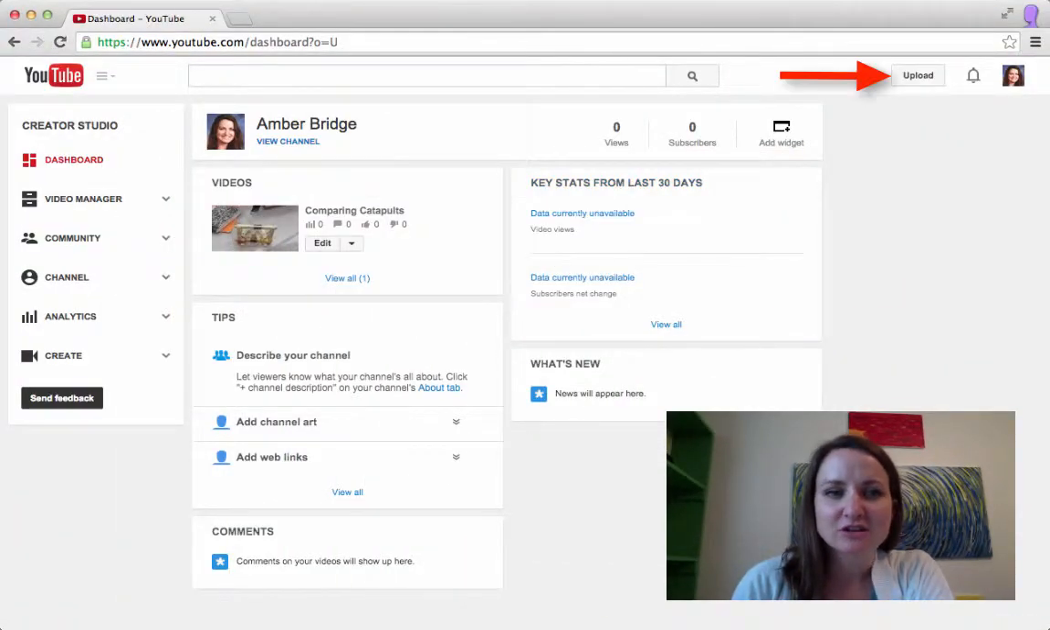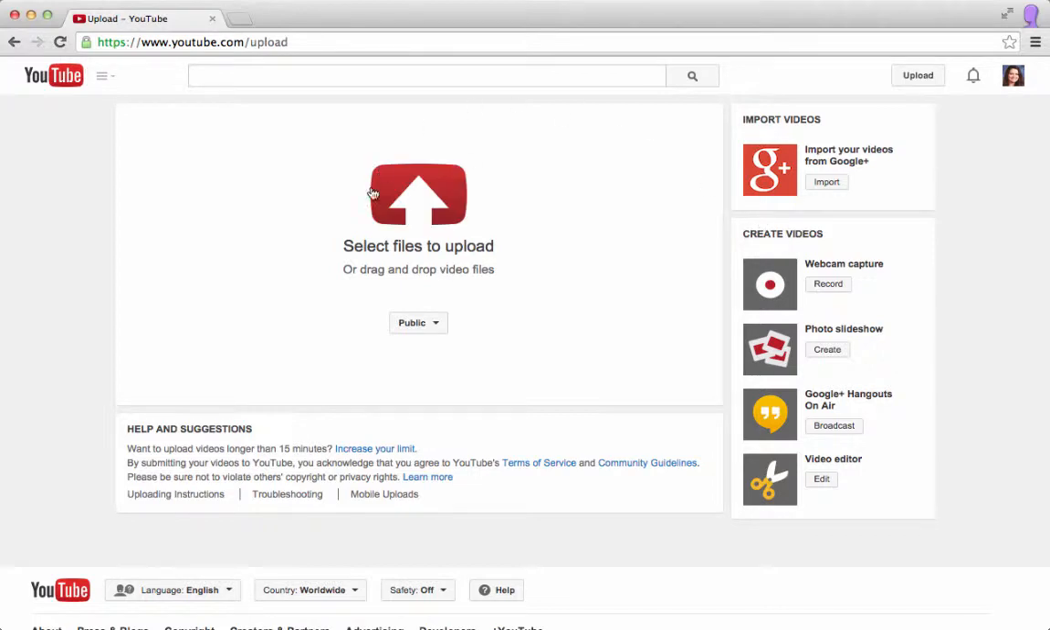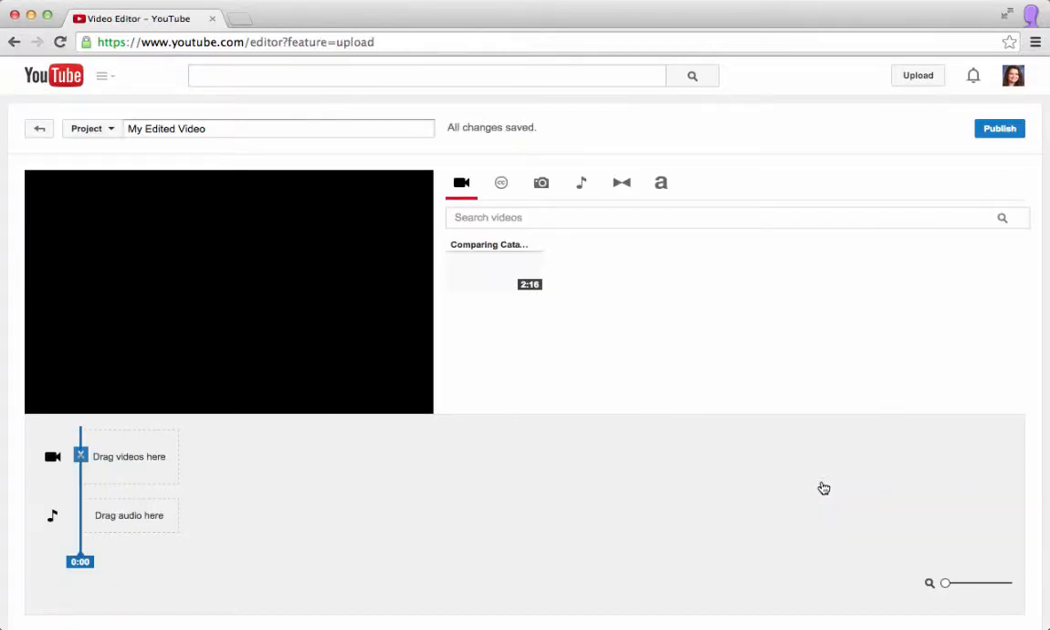So where we need to start is we need to go to the upload button. By clicking on the upload button, you'll see that there is an area here where you can upload your files, but what I want to direct you to is the right side, all the way at the bottom, the pair of scissors there, it says Edit. By going here, we can work with any video clips that we have edited, and we can also work with video clips that are part of the Creative Commons. You can see my one video clip that I've uploaded to YouTube is already over here on the side,